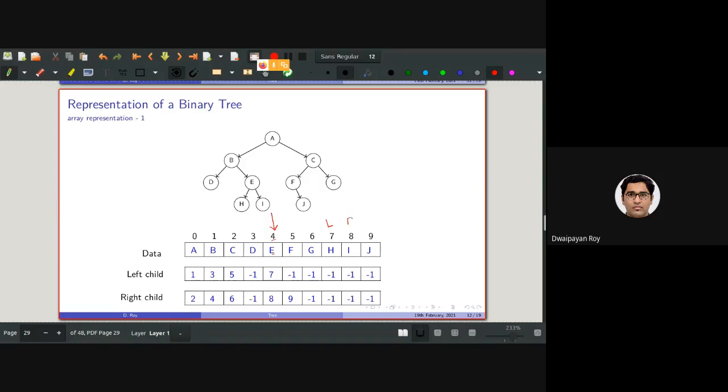Now if I look at the tree, I am storing them linearly, 0, 1, 2, 3, 4. You can see E is stored in the 4th position, and the left child is present in the 7th position, the right child is present in the 8th position, as you can see here as well.